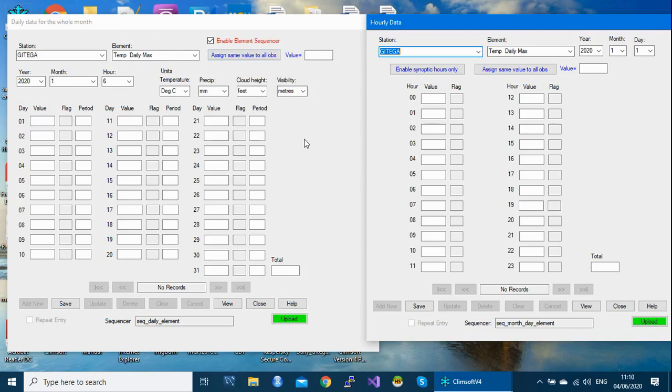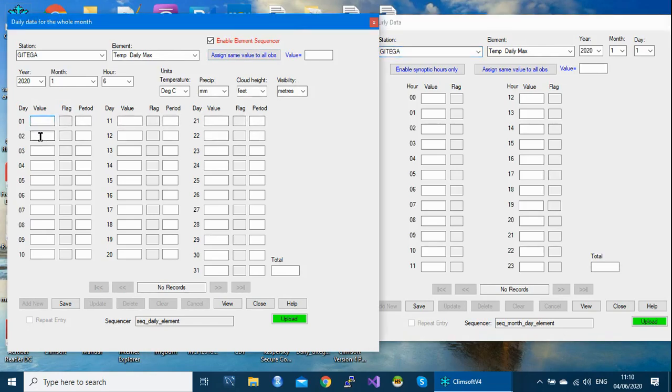But still under the common aspects, there is what is called the enter key. Using your enter key, you'll be able to move from one value box to another. So let's say this is the daily maximum temperature. I can say maybe this one is 28. To move to the next value box, we normally use the enter key.